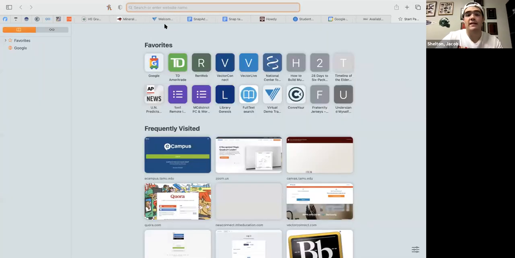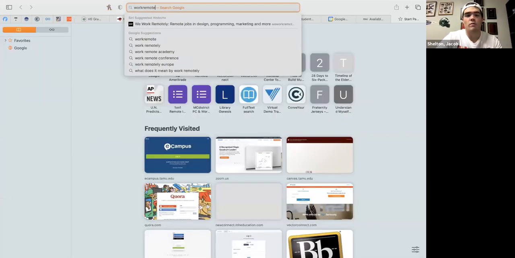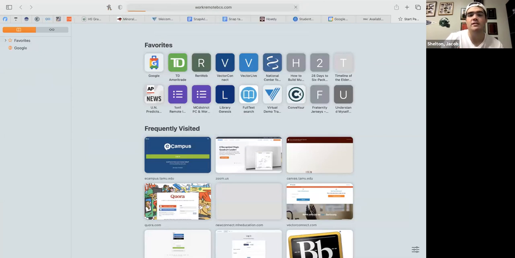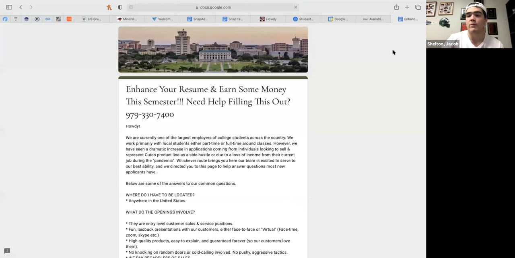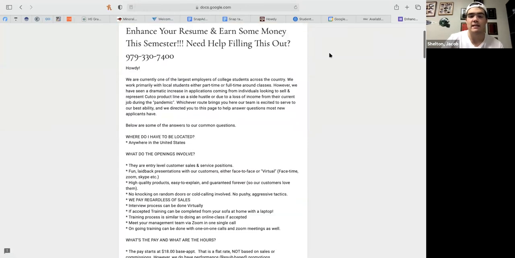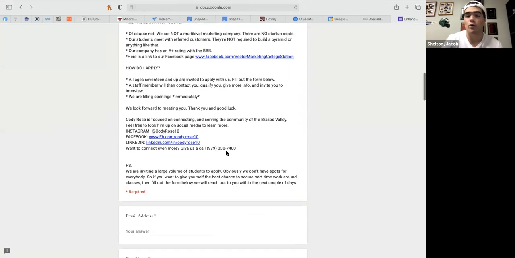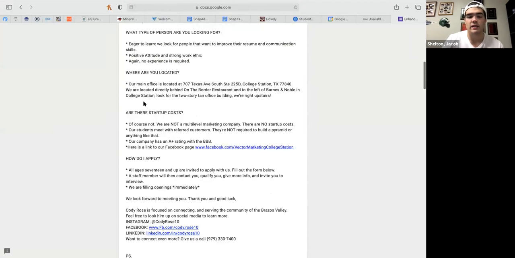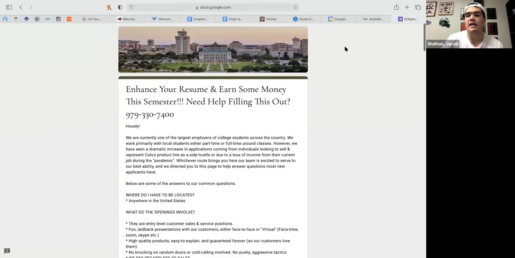So for us, let me screen share this real quick. The link that I attach in our story is workremotebcs.com. If they swipe up on that picture on that rep's story, it automatically sends them to an application. For us, it's just a Google form with a description and application. Every office has one of these, you just need to get it from your manager. So that's just gonna go on their stories. All you're gonna post is that picture, a caption that says, hey, swipe up for more details, and then you're gonna put that link on there, post.